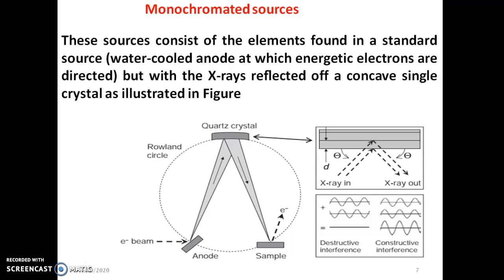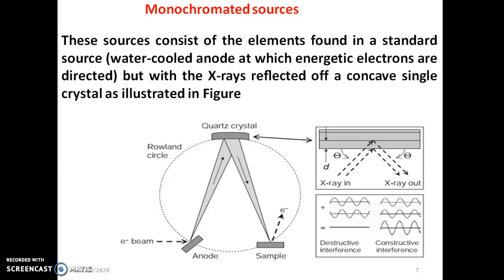on the sample. Now in all this functioning, the geometry of anode, sample and quartz crystal plays a very important role. So the geometry is selected in such a way that whatever the radius of curvature of the quartz crystal, the circle considering that radius of curvature is referred to as the Rowland circle. On that circle the anode, sample and quartz crystal are placed. Anode and sample on one side and quartz crystal on the other side. If we do this geometry, then both conditions are fulfilled, that is the focusing of X-ray as well as the selection of particular wavelength X-ray, therefore the energy spectra spread is as small as possible.